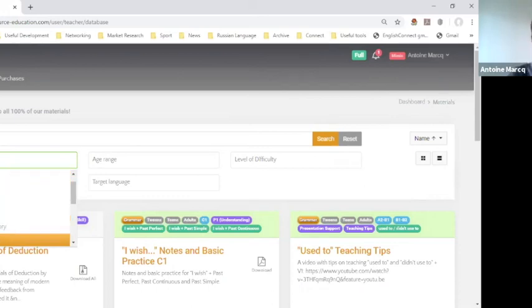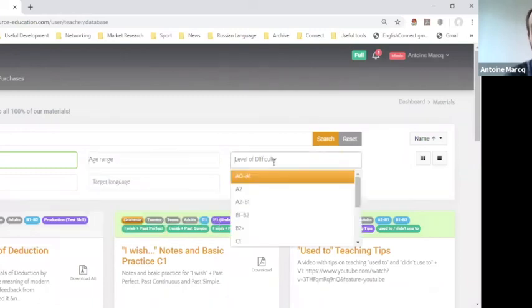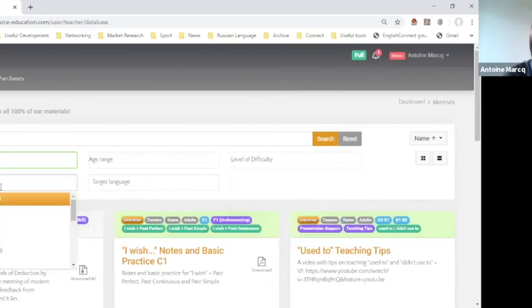You'll see here that you have the traditional grammar, vocabulary, but you can also be teaching writing skills, typing skills, soft skills. You can be teaching pronunciation, intonation, business skills, exam preparation. This is where you choose the skill you want to teach. This is where you choose the age range of your students, level of difficulty. This is the type of activity: a P1, just a fill in the blank kind of activity, or a P2, a drilling activity, or a P3 production, a speaking activity.